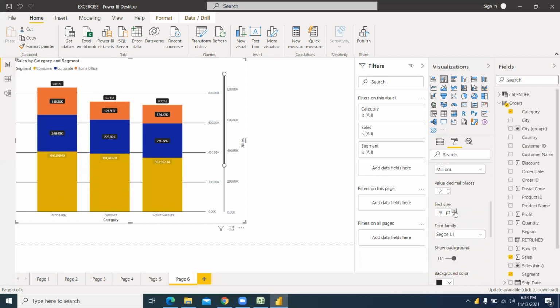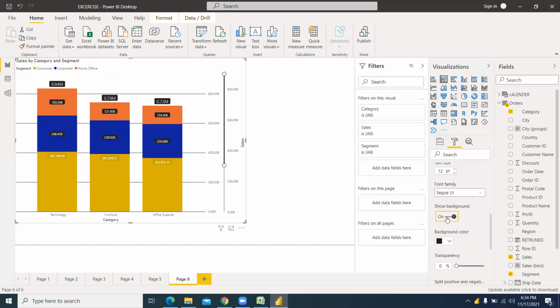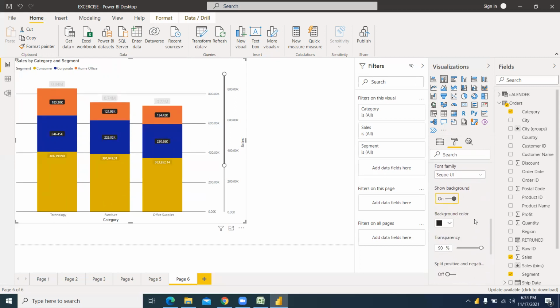Then you can increase the text size. Then font family, if you don't want to show background, you can, but you can show it. Then split positive and negative. So if you have a negative value, it will split, meaning positive and negative both will show here.